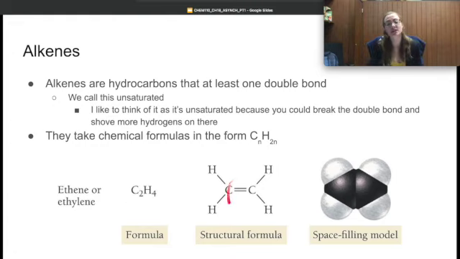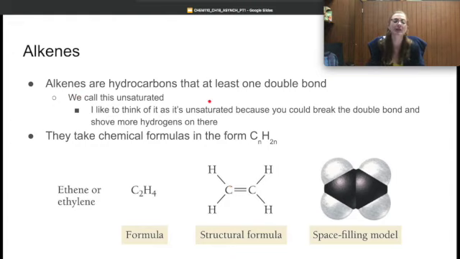You can see down here that the simplest formula has to have 2 carbons to be able to show a double bond. Alkanes are a little unique where they can have a single carbon. However, alkenes and alkynes have to have at least 2 carbons in their simplest format to be able to show at least a double bond, and we'll talk about the alkynes. So that being said,